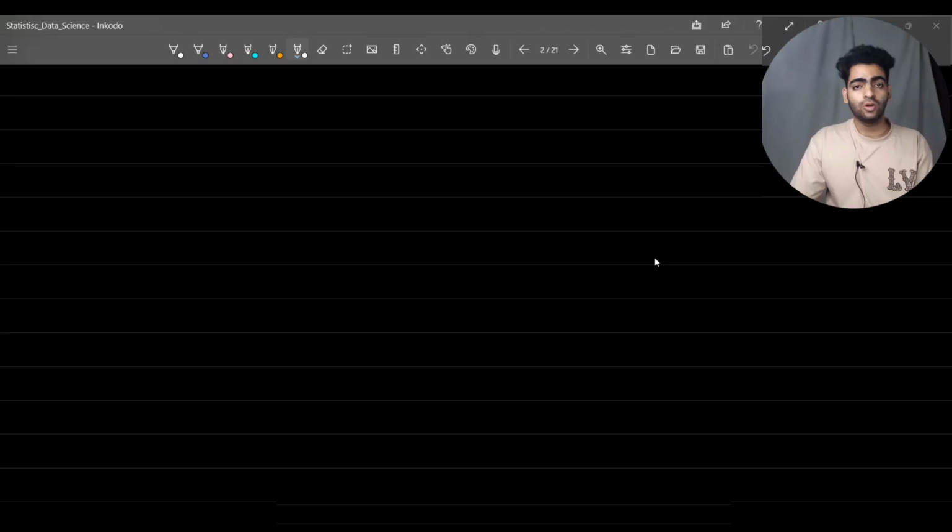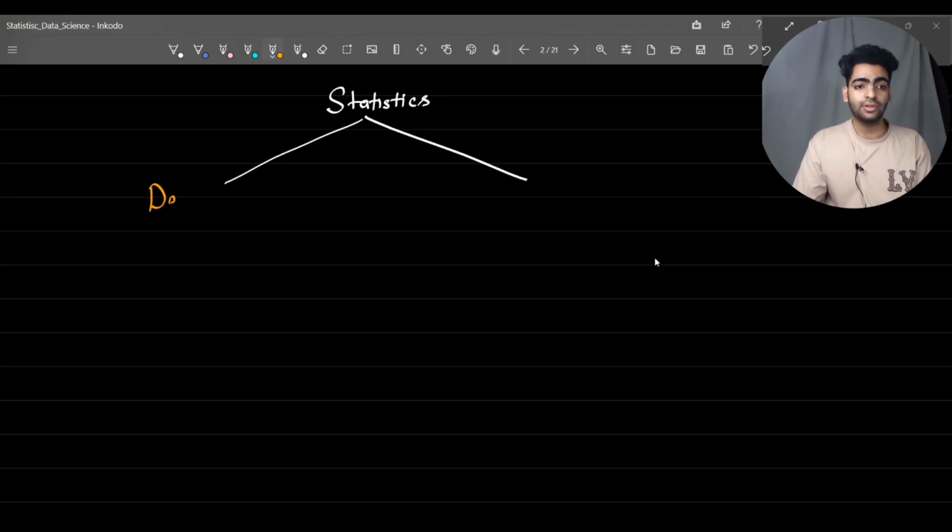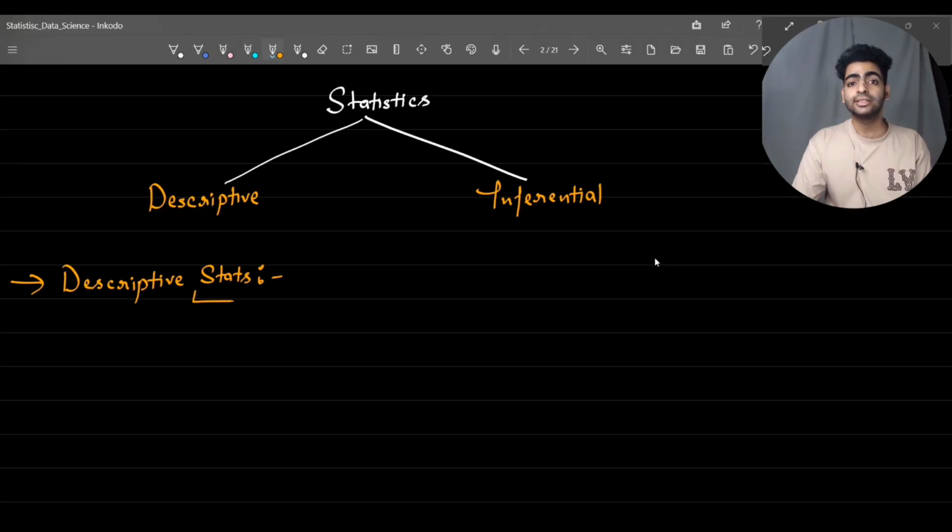Now let's learn what are the various types of statistics. See, in general, statistics is broadly classified into two categories. The very first is descriptive statistics and the second is inferential statistics. So very first let's learn what descriptive statistics is. See, descriptive statistics, the word descriptive itself says a description, right? It means it is actually trying to summarize our data pretty well,